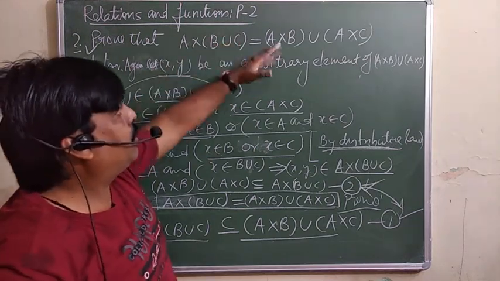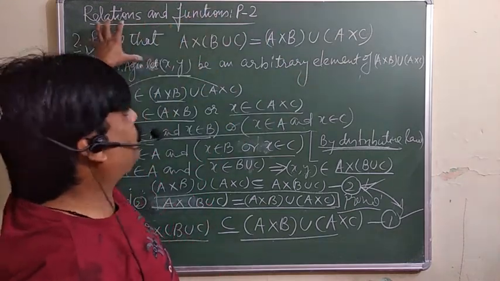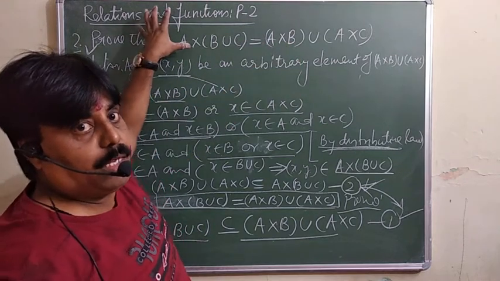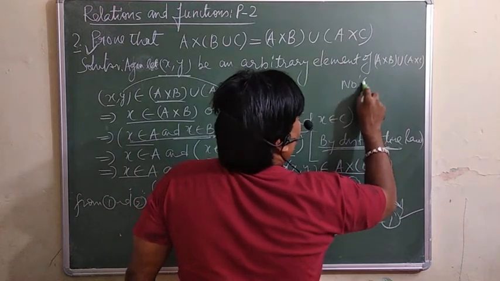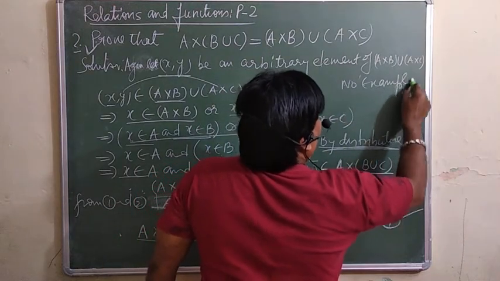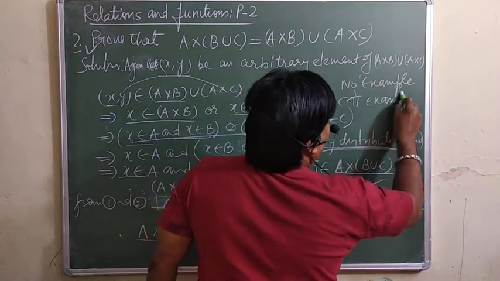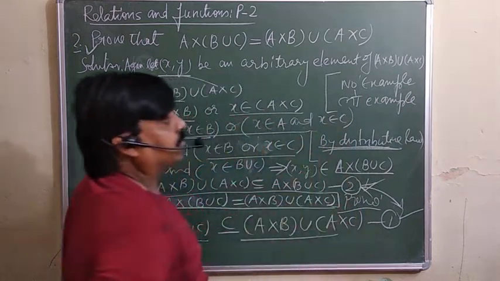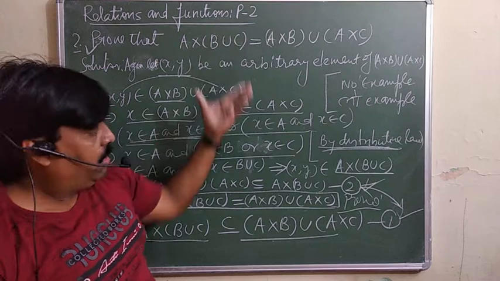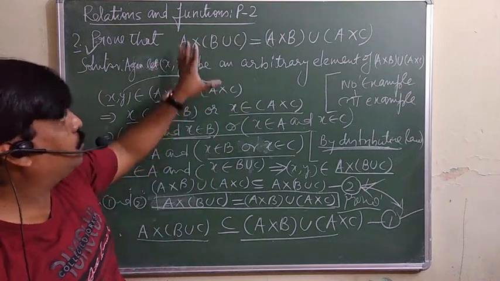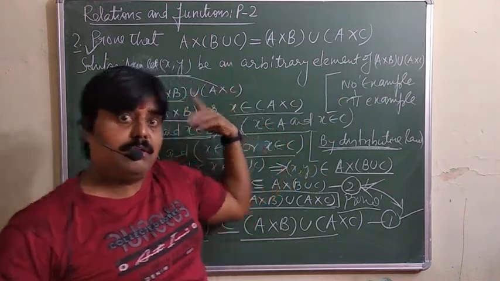It is not that you take some elements of A, B, C, take an element and declare it equal. No, in case of a proof, no example. If it is not a proof, then you can take an example. So keep in mind, this is always there. In support, you can take the example, otherwise you are supposed to generalize in case of the proof. There should be no example, but in support, if you want to give one later on, you can give. Have a look.